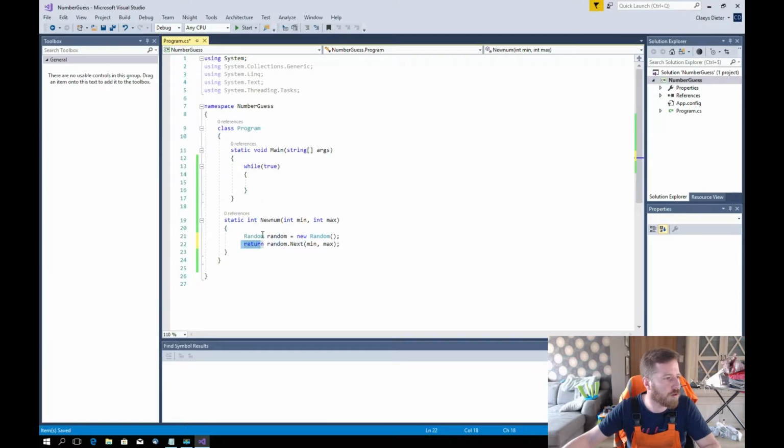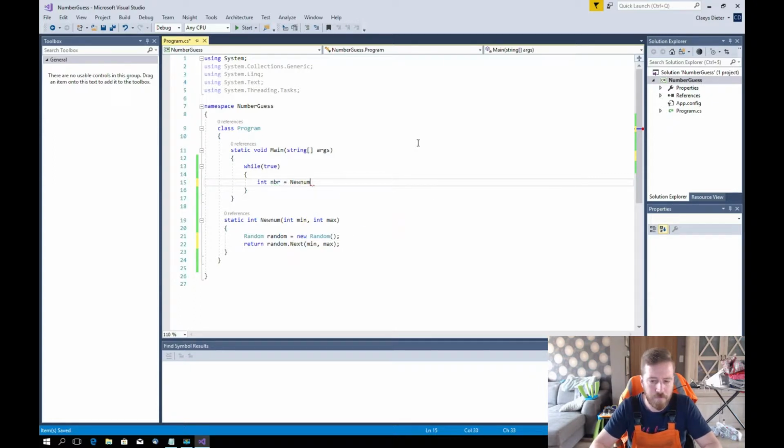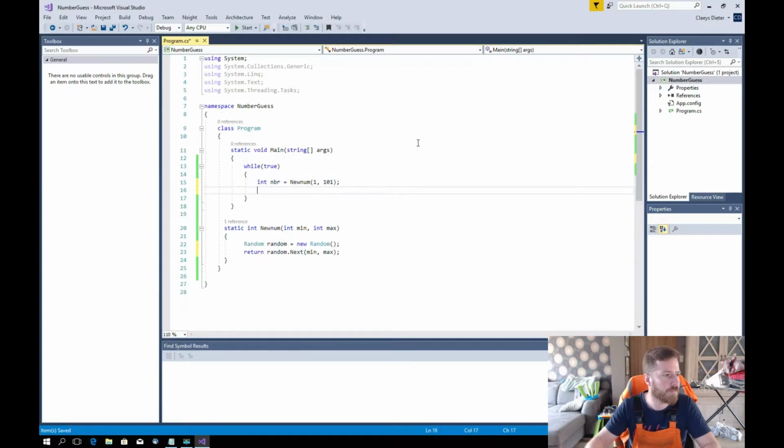In the program, you call up the function new num with the minimum value and maximum value integers. The program makes a random number and returns it within the minimum and maximum value. So we will use the function integer number, new num, and we give it the minimum value and the maximum value. Okay,